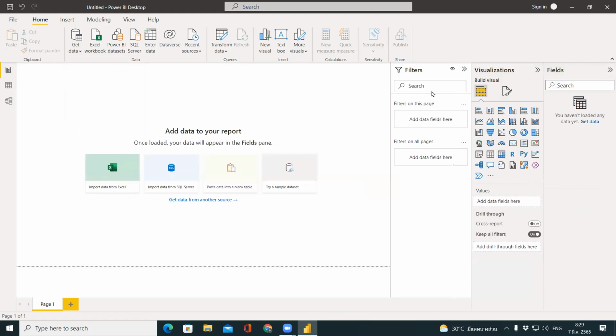Filters is the menu that you use in order to filter some data, to let the visual show just the data according to your filtering criteria. The middle one is visualization. It is the menu that is used in order to let you choose different types of charts, different types of visuals,